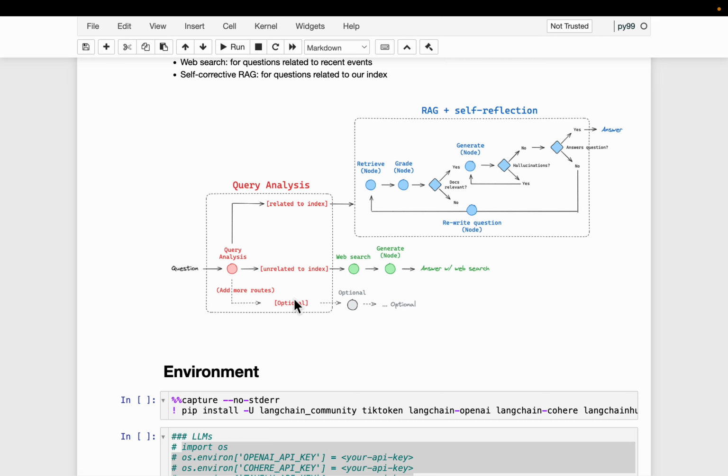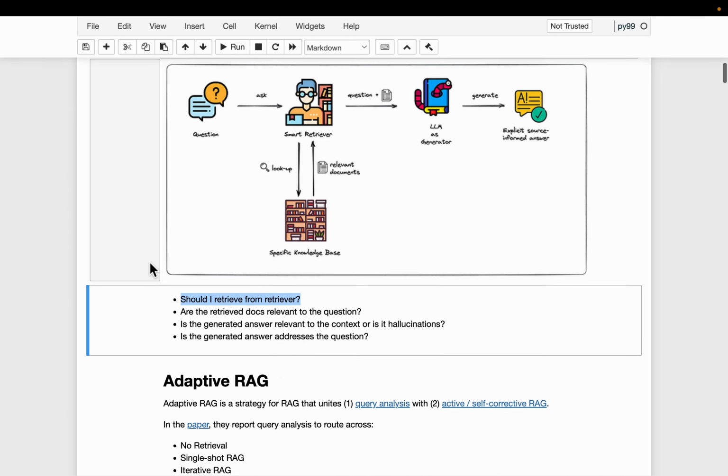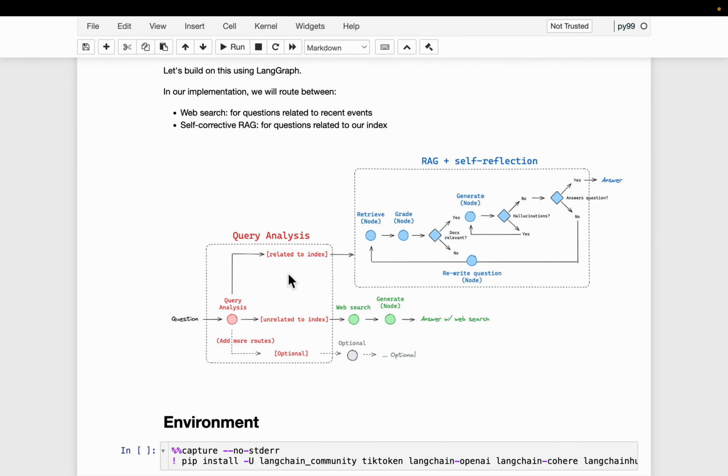Or in a complex scenario, we might build a very big RAG system where we have one vector store for medical documents, another for finance, another for HR, etc. So the query analysis figures out what sort of question it is, and it will route to the appropriate vector index. So that's what the query analysis does. So we have addressed the routing issue here. Okay, and then let's say the question is actually relevant to the index we have built, and we have retrieved some n number of documents for context.